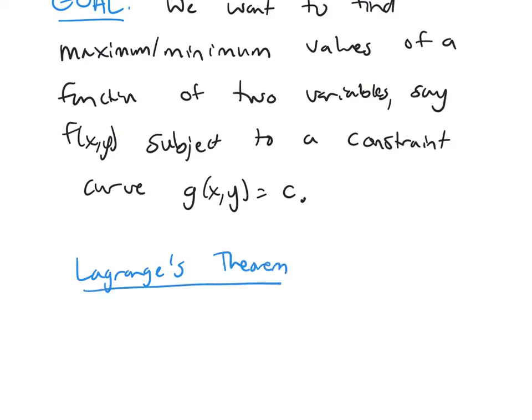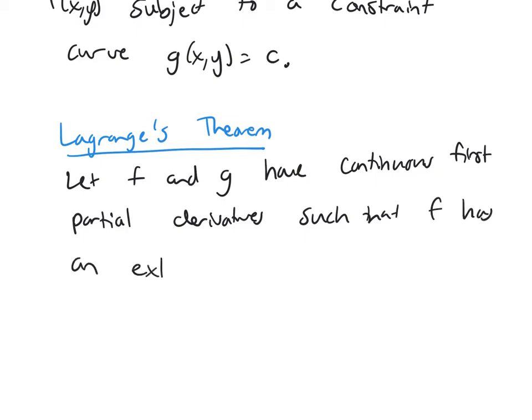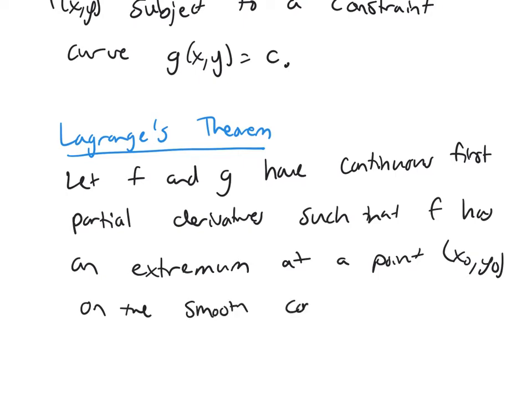And so Lagrange's theorem says let f and g have continuous first partial derivatives such that f has an extremum at a point x naught, y naught on the smooth constraint